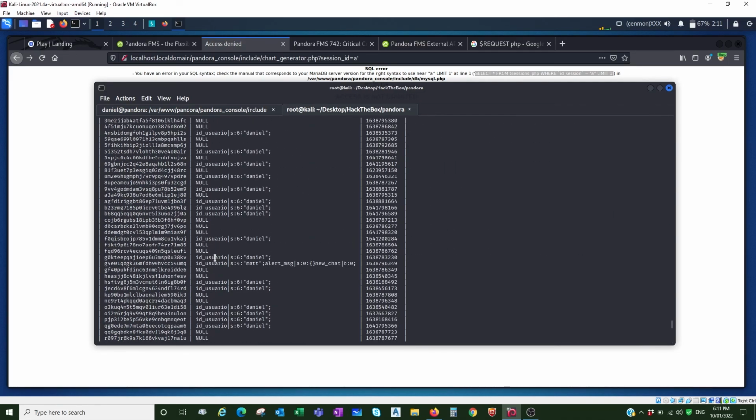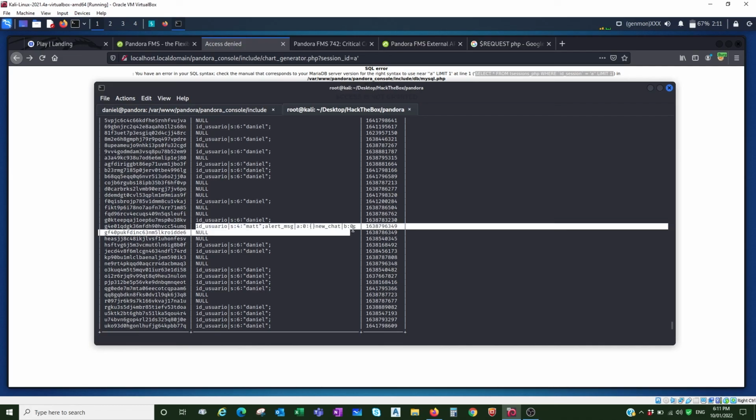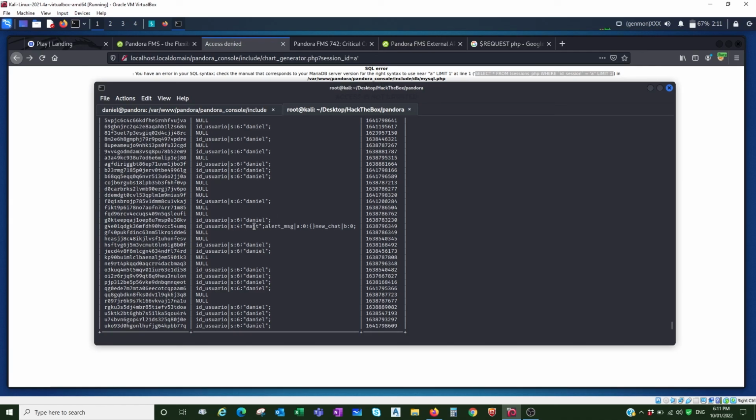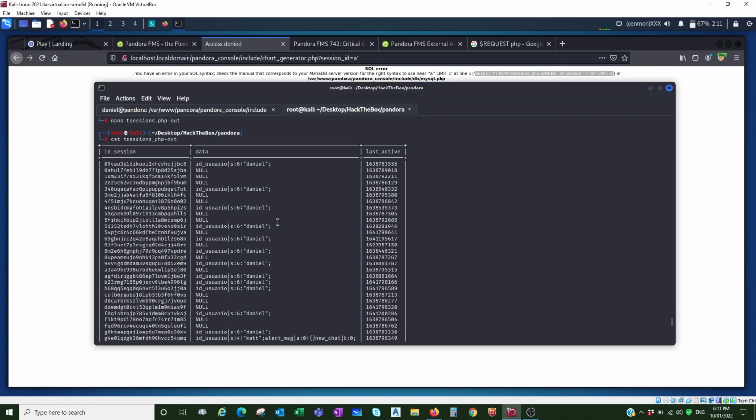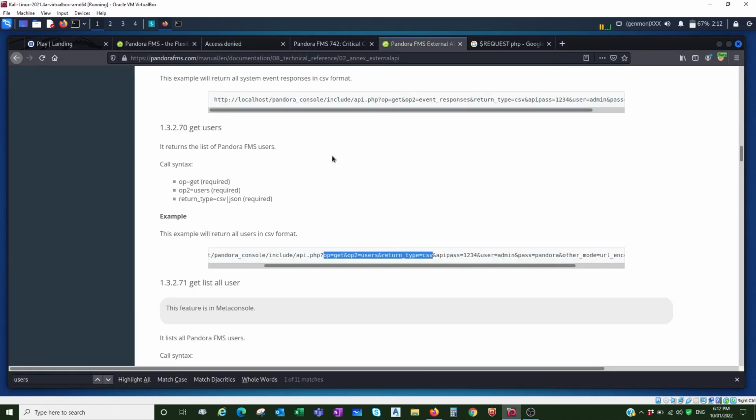Now, one thing we are missing is this number for admin. We know that this user admin exists. We saw it before, so we can just replace this data value, this Matt bit, with admin. But we don't have a number. We can see that it appears that Matt is 4, Daniel is 6. I mean, in the middle of that, we can just guess that admin is 5,